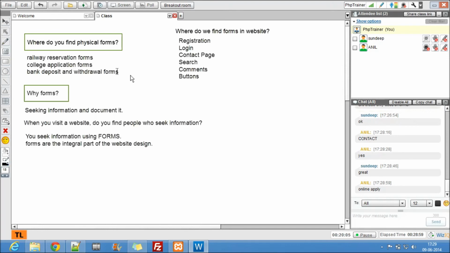You find forms in newsletters. For those who don't know what a newsletter is, it's those fancy subscribe buttons or newsletter subscriptions. There you use forms. It's all about information. If the website is seeking some information, use a form, just like physical forms. Website forms are the same, to seek information. The information sought may be of two types: the user seeking information and the website seeking information.